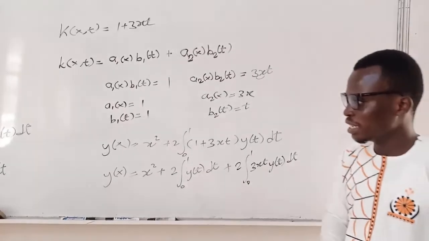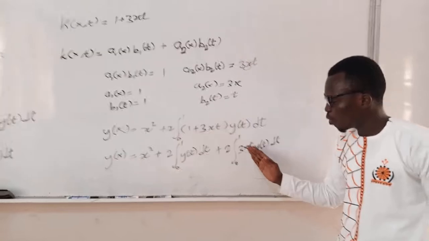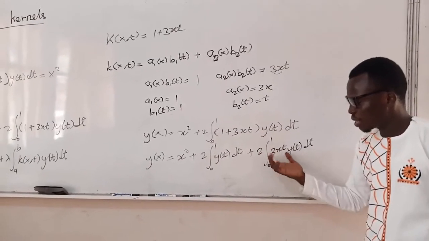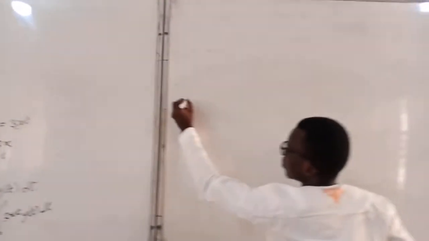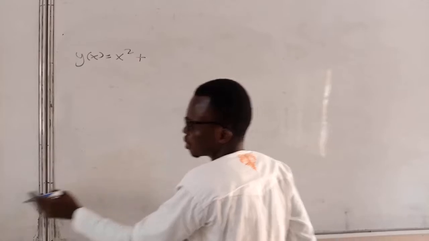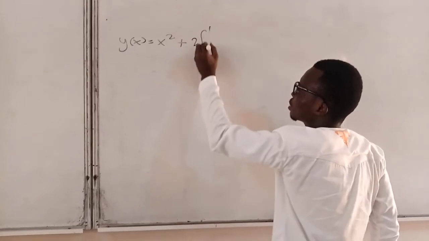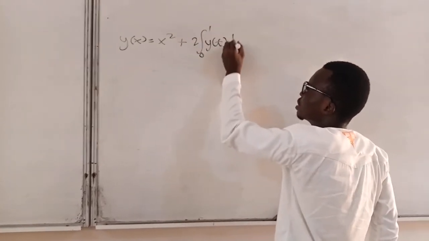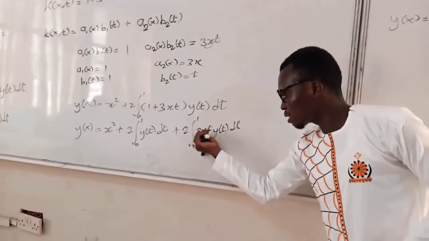As we did in the exact method, let's bring all the functions of s under the integral sign outside. So y(s) is equal to s squared plus 2 integral from 0 to 1 y(t) dt plus, let's bring the 3s outside,